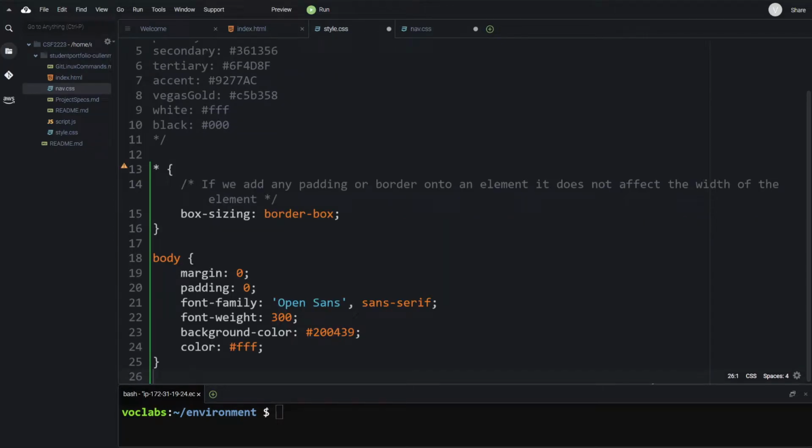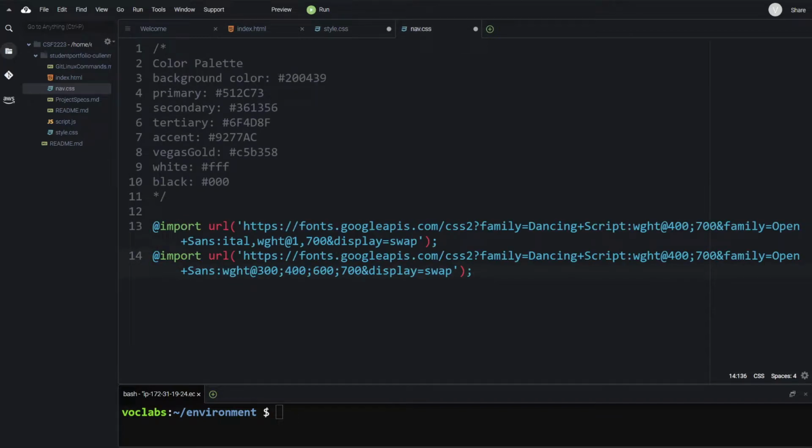Okay, so what I've done is we pasted in our two imports in Nav. Make sure you're hitting Control S. We do want to set some basic styles for the whole project, so I'm going to go back to my